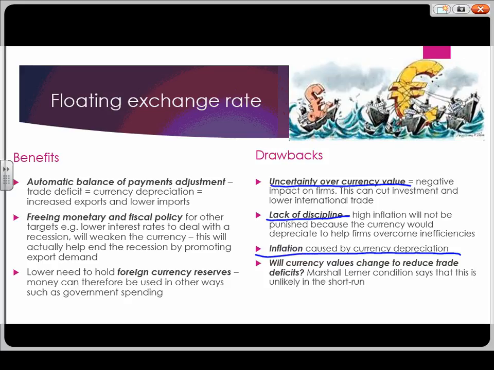Also, there's no guarantee that a weaker currency will actually lead to your balance of payments improving anyway. It could, in theory, in the short run, get worse. If you're reliant on imports and they become more expensive because your currency has fallen in value, you're still going to buy them. You are price inelastic for them. This could create an even bigger problem in the domestic economy, with the trade deficit getting bigger in the short run.